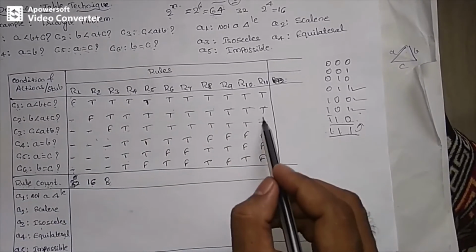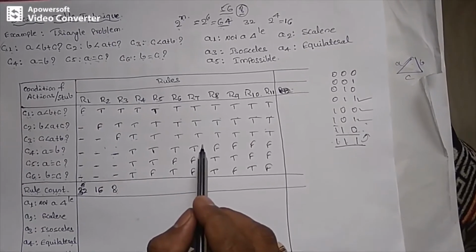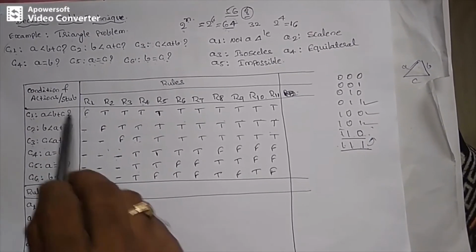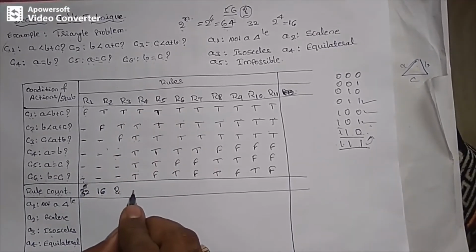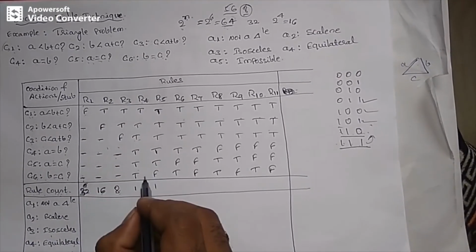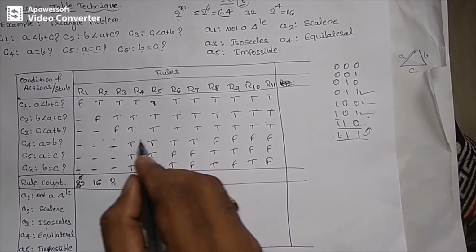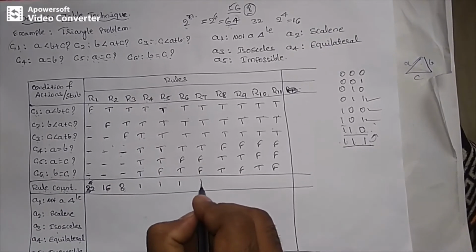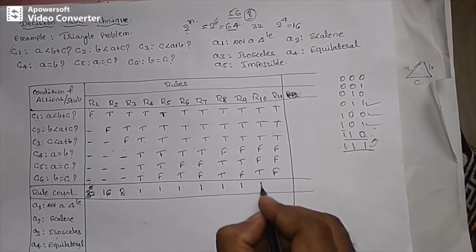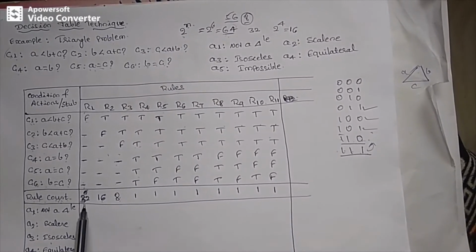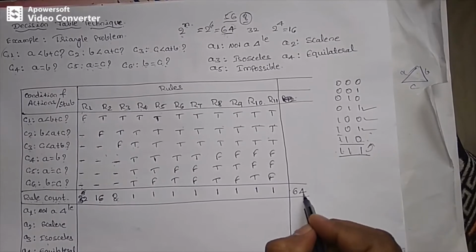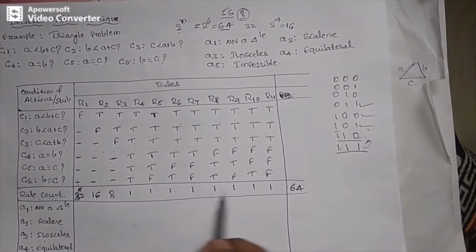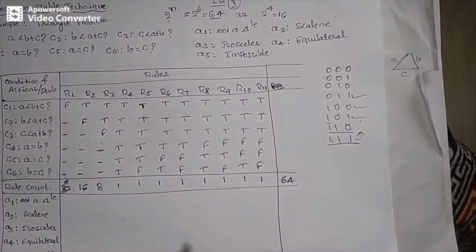So I think all of you understood how to do the entry portion in the condition section. Next, what I told you: the rule count will be 1 if all the condition entries are filled by boolean values. Then the rule count column value will be 1, 1. Now you can count here, we are going to get a 64 rule count. If you add these things, then you will get 64.